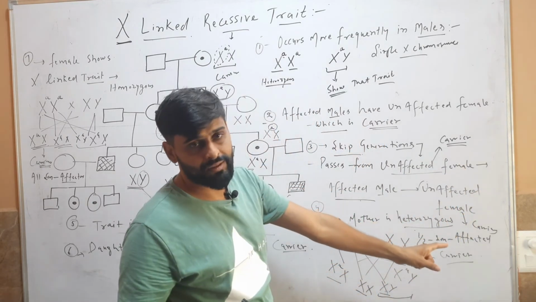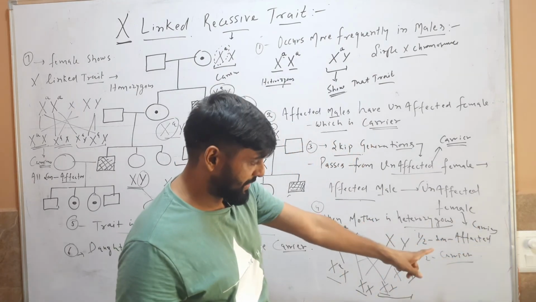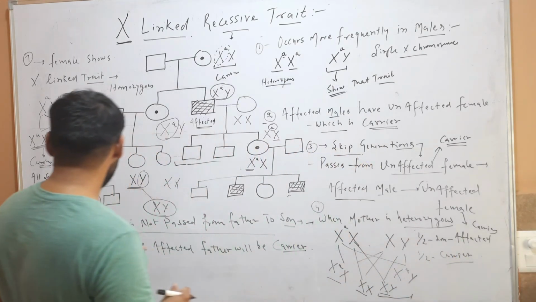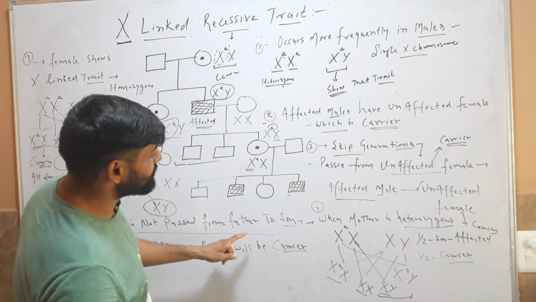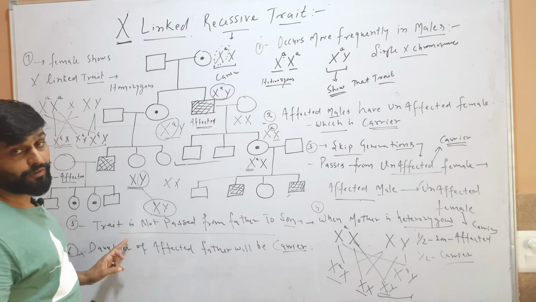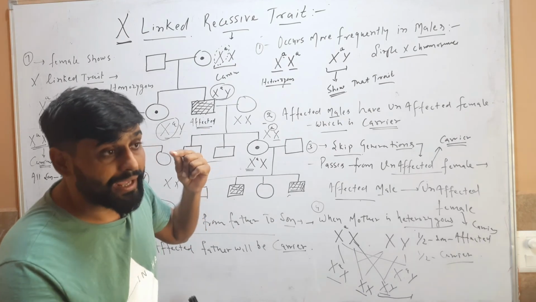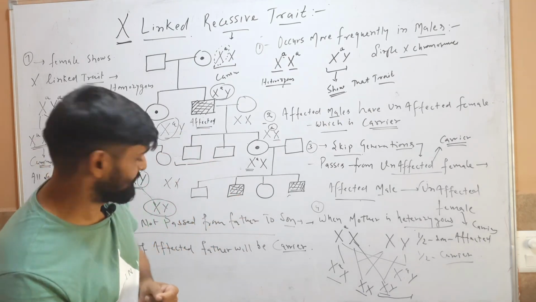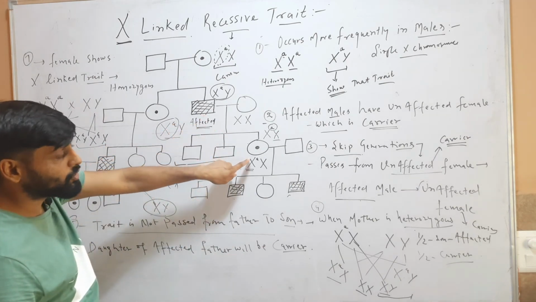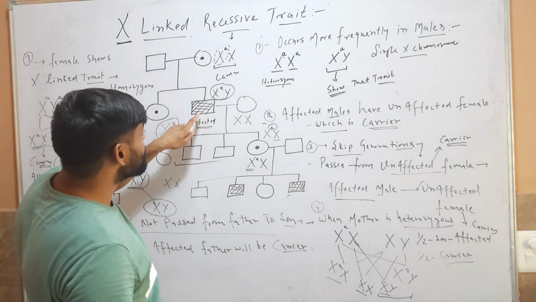When the mother is heterozygous, meaning she is a carrier, then half of her sons will be affected and half of her daughters will be carriers. Next, the trait is not passed from father to son, because the son always gets the Y chromosome from the father and X from the mother. So the trait is passed from mother to son and from father to daughter. The daughter of an affected father will always be a carrier, because the female gets one X chromosome from the father, and